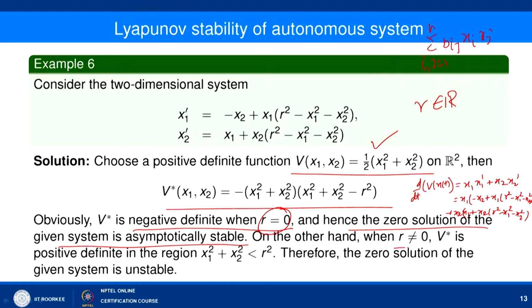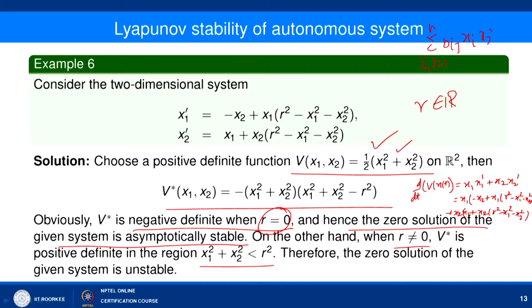And on the other hand, when r is not equal to 0, V star is positive definite in the region when x1 square plus x2 square is less than r square. So, when x1 square plus x2 square is less than r square, then this factor is negative, and V star x1 x2 is positive definite. So, V star x1 x2 is positive definite, and there exists a point in the neighborhood of the origin where it is taking a positive value. In fact, if you look here, V x1 x2 is already positive definite, and if V star is also positive definite, then by the previous theorem we simply say that your 0 solution is